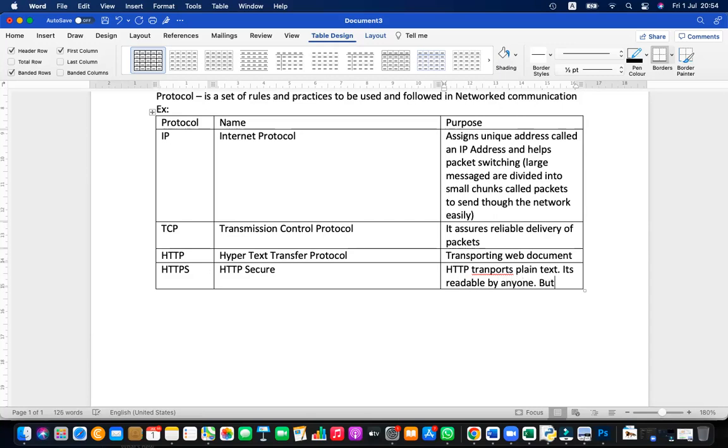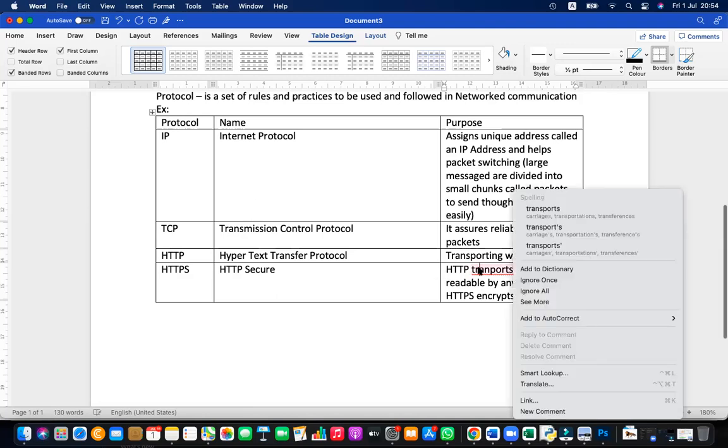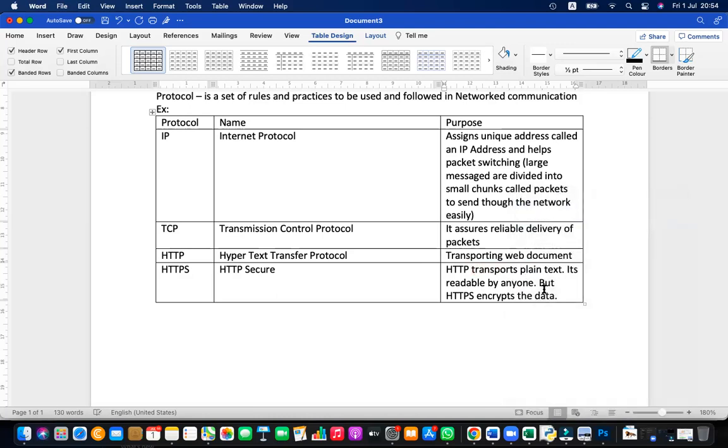But HTTPS encrypts the data. So that is the specialty of HTTPS, and it is secure. Since it is not readable, people in the middle who don't know about this cannot read it. There is another protocol.